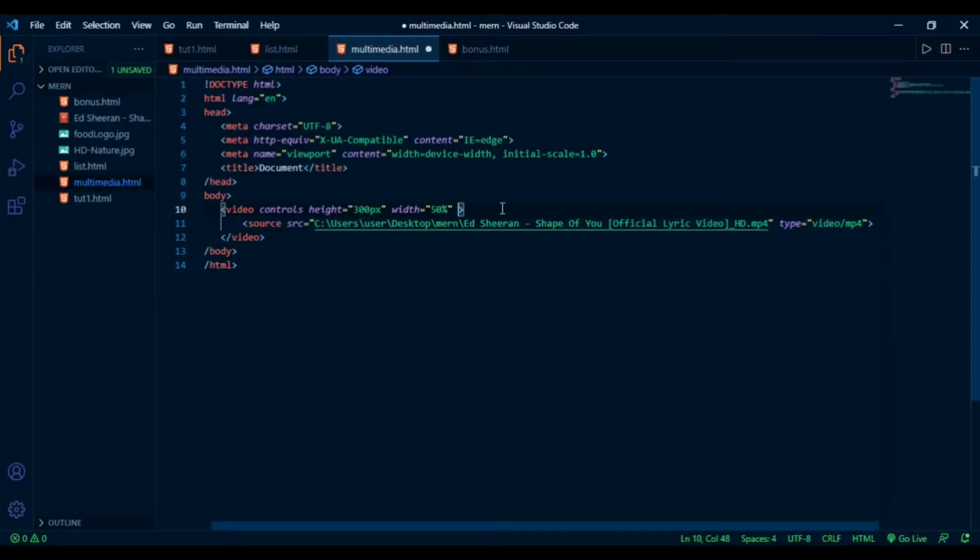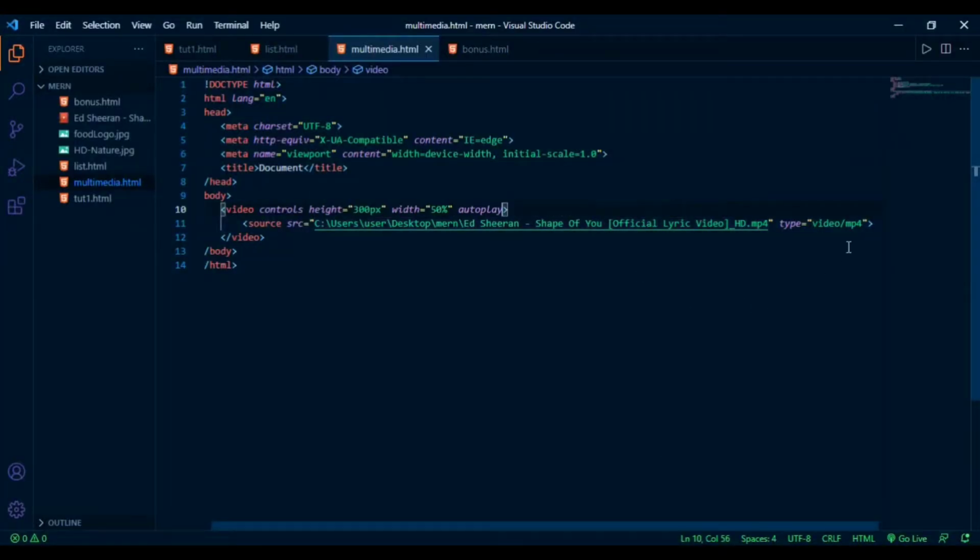Another attribute is the autoplay attribute. To start a video automatically, use the autoplay attribute. Simply refresh. But Chrome browser does not allow autoplay in most cases. However, muted autoplay is always allowed.